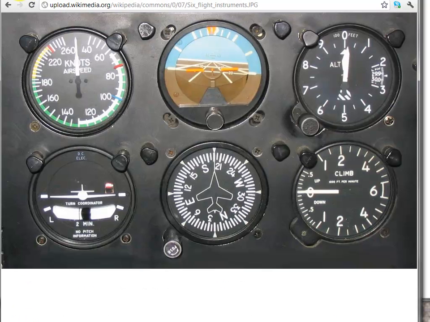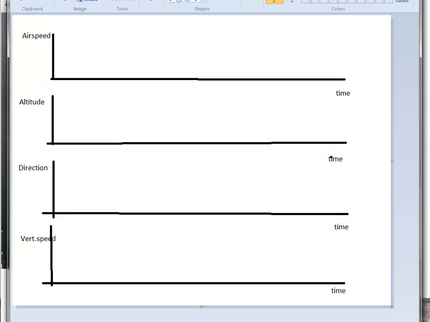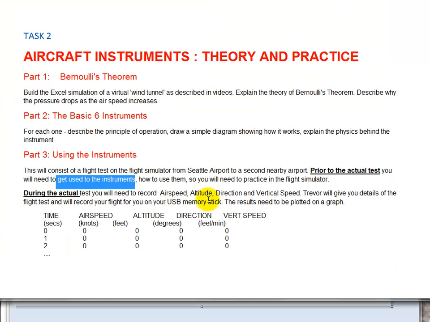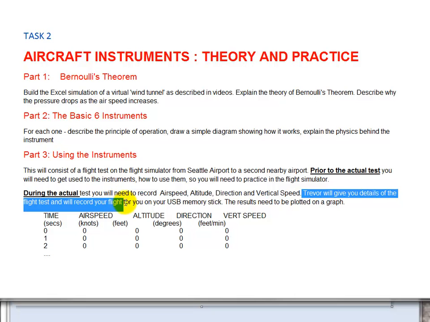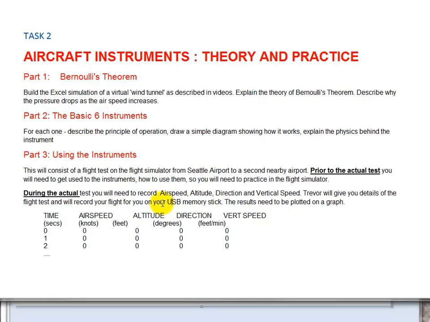These 6 here, that shows you the airspeed, etc. Right, so there we are. Trevor then will give you details of the flight test and record your flight for you on a memory stick. So when you go into your actual test, take a memory stick with you, and you'll be given the results in this format here,